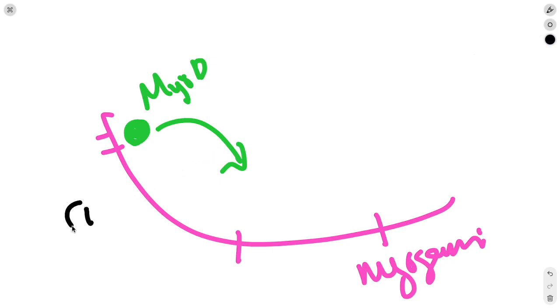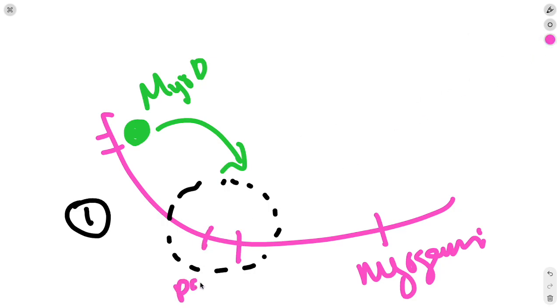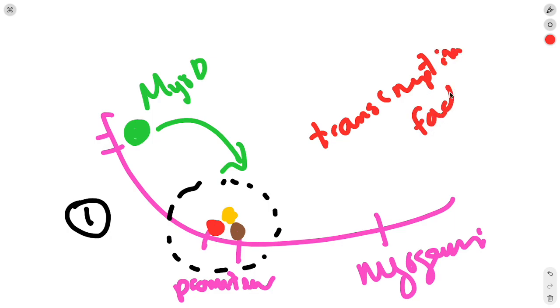So the first one is that it helps us assemble the pre-initiation complex. So the pre-initiation complex is here, and we've got our promoter here. And there are several transcription factors that bind to the promoter, and they're pretty boring, but they got to be there. And so you could just make some different shapes like that. So those are transcription factors that are needed, and we need to get them there. And sometimes they're not there, and so sometimes the transcription factor is helping get those. Remember how it's like tethered and it's flopping around, and it could bind to one and help deliver it to the promoter. The other part of the pre-initiation complex is